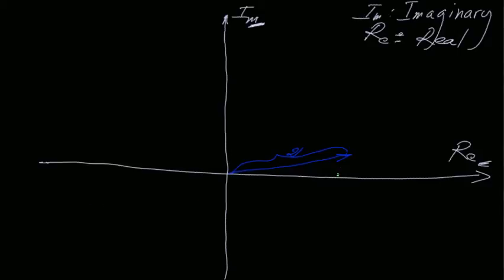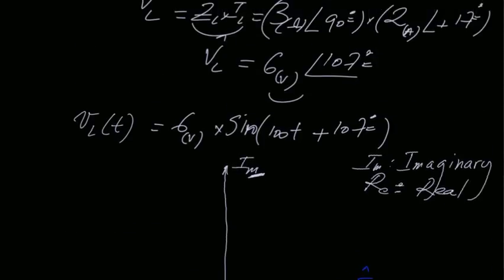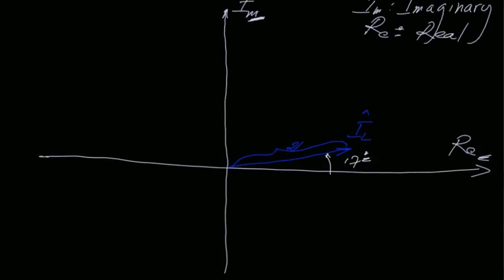So this represents IL. IL makes an angle of 17 degrees with the real axis. That's IL. Okay? Now, VL, I'm going to use a red color for VL,